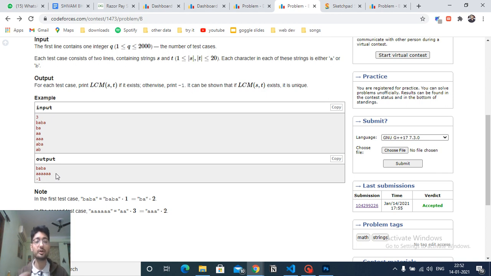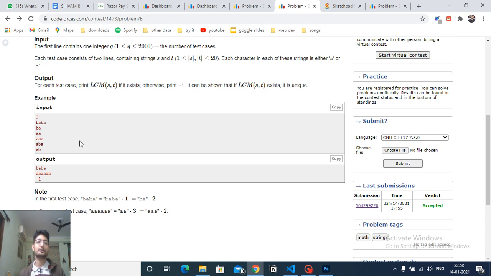So now what you can do is find the LCM of the lengths of both strings, and you can finally find what the length of the final string will be. If you know the length of the final string, it means you have to take the smaller string and replicate it this many times, such that its length becomes equal to the larger string. I hope you get my point. Now the larger string is of some length, and you have to find out what happens if I multiply the larger string. As you can see, there are two strings, one smaller and one larger.